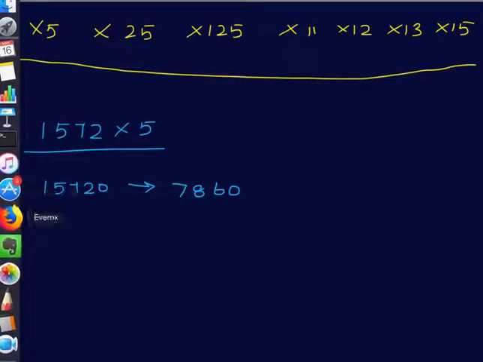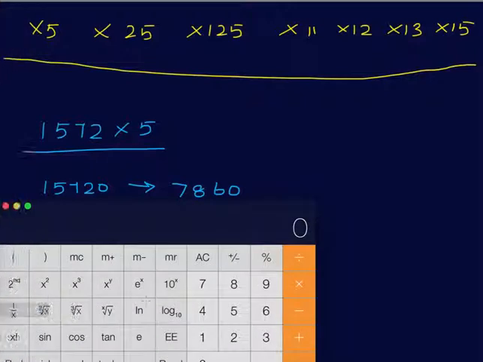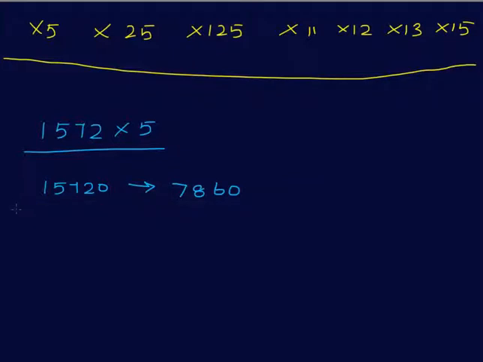Here is a proof. Let's just check our value. 1572 multiplied by 5. What do we get here? See, 7860. We arrived at an answer much faster. Okay, the real use of this technique comes when you're dealing with really large numbers. Let's take a really large number,